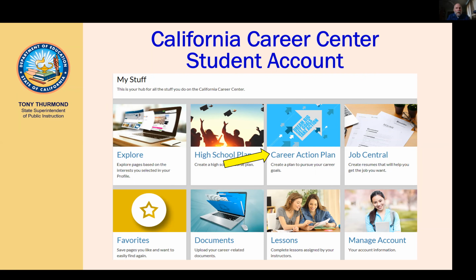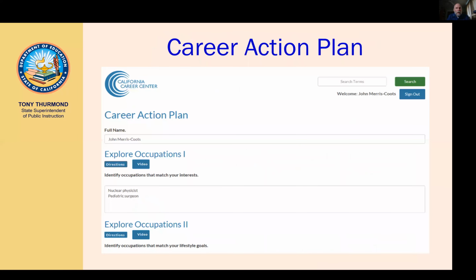So what would happen is the student would go to the California Career Center. This is the student account landing page. So when they're logged in, this is what they see. They choose career action plan. And the career action plan just walks them through the steps of exploring occupations and figuring out the requirements for entering that occupation, finding schools, finding where to get the education and training, just everything they would need to create a plan and pursue an occupation. If they click on under Explore Occupations 1, you'll see there are 2 options. One says